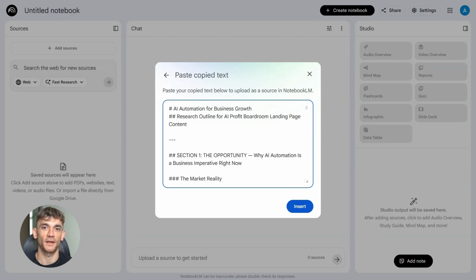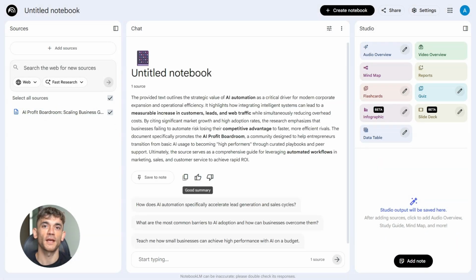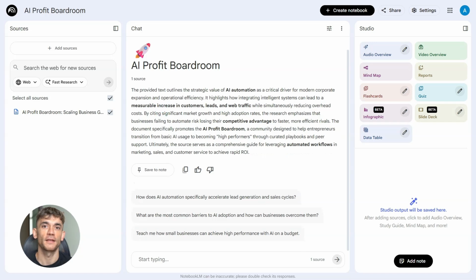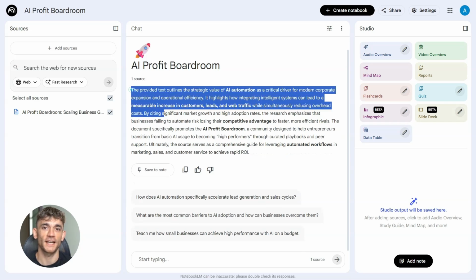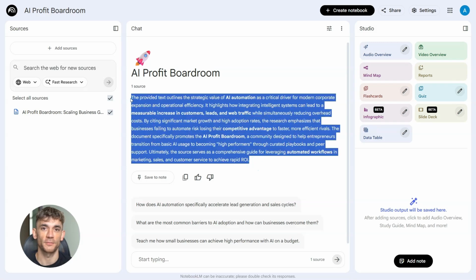But wait, here's the part that blew my mind. You can ask NotebookLM to do something really clever. You ask it to create a prompt. Yes, you read that right. You ask the AI to write a prompt for another AI. So you type something like this: